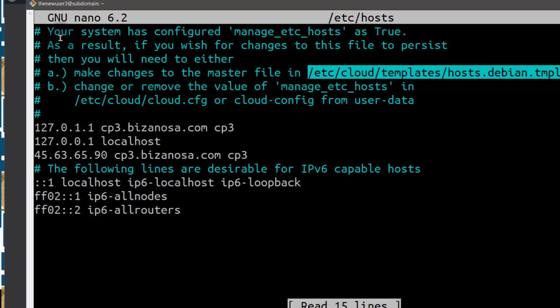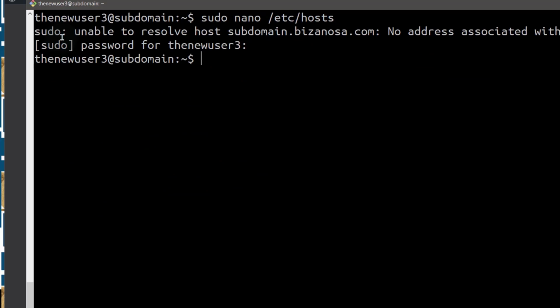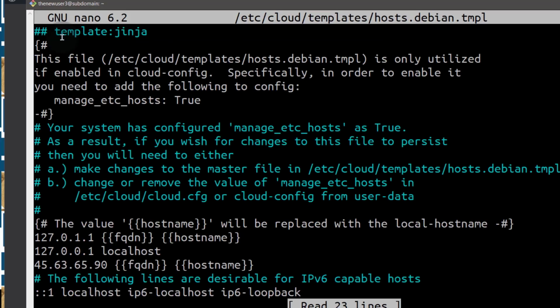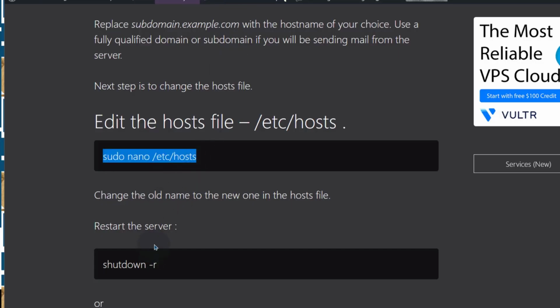So I'm just going to do Control X to get out of here, and then I will do sudo, and I will open it with nano, and you can see this is where it's getting the templates for your hosts file. So even if you put it in here, it is not a problem. Now the only issue that I found was that sometimes even when you change this, it's not going to register in the hosts file. So I found that the easiest way for me to deal with this was just to put the manual